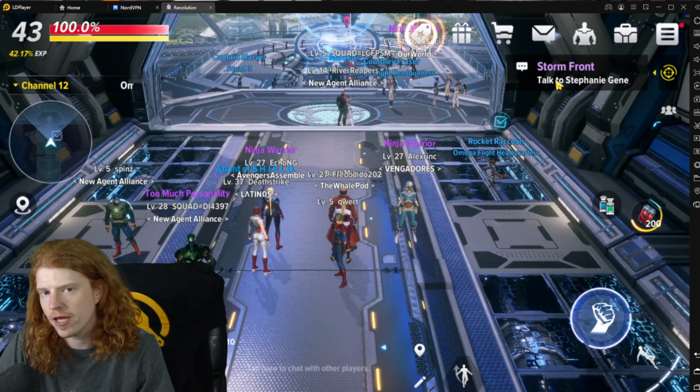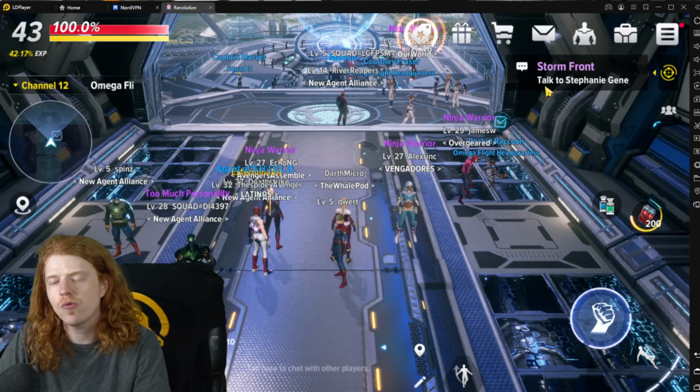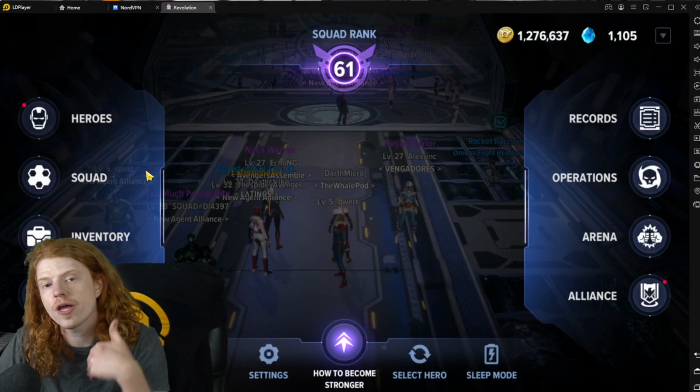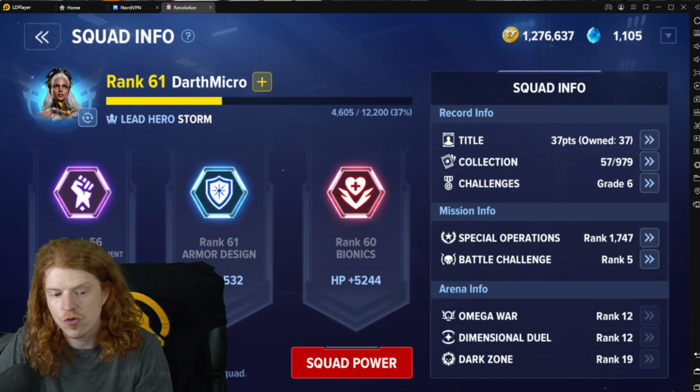You don't have to spend any money at all, because you can even get 600 diamonds for free just by playing the game and use that to unlock all the other characters, so keep that in mind. But the reason you get one character leveled first is because when you go to squad and you go to squad info and you look here at